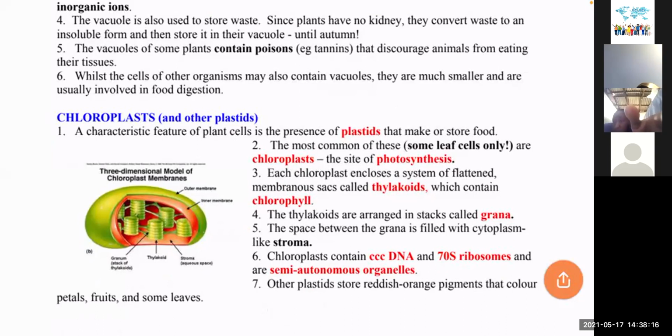Okay, so you see the relation, it's not actually one thing. The thylakoids are arranged in stacks. The stack, or rather the way the thylakoids